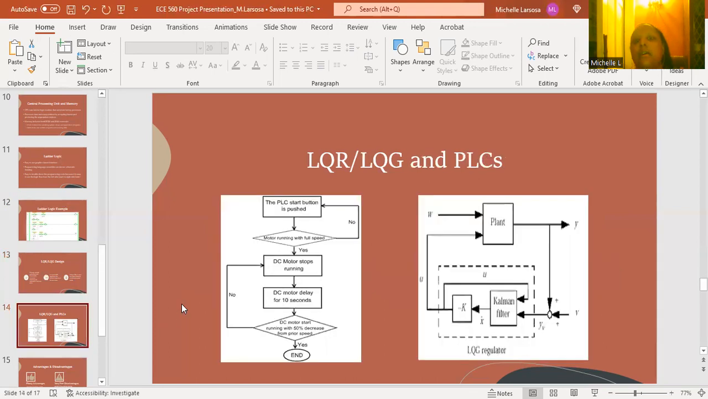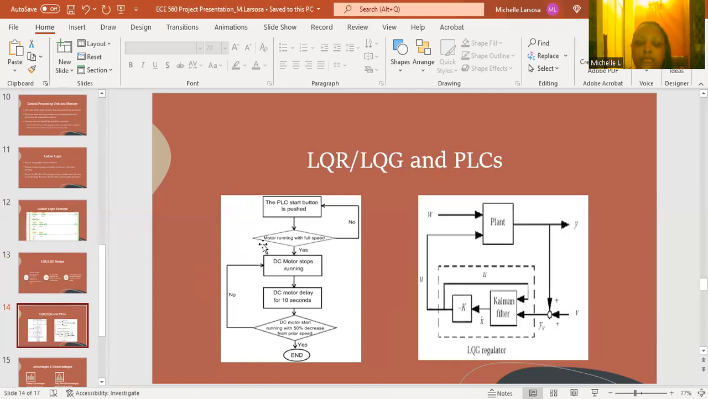And then in the next slide, we have some schematics and depictions of how the logic of the LQR and LQG is designed for the PLCs. So first, on the left-hand side, we have the PLC start button. To start the system, that button would be pushed, and then we would go down to the next decision, the motor